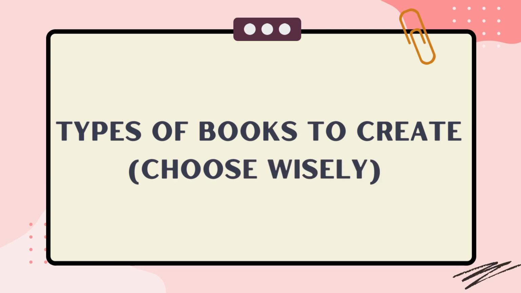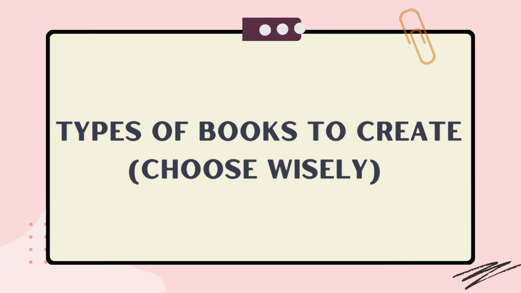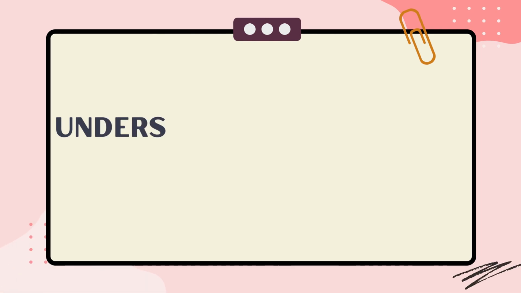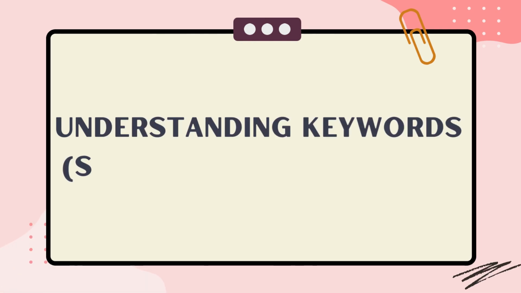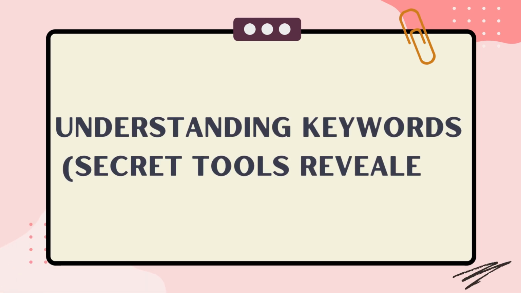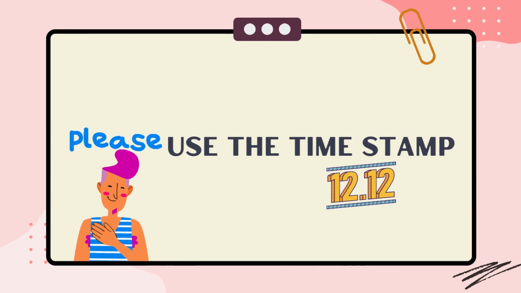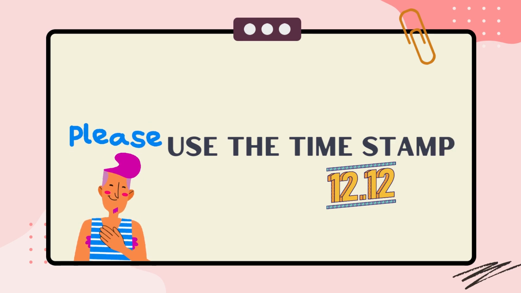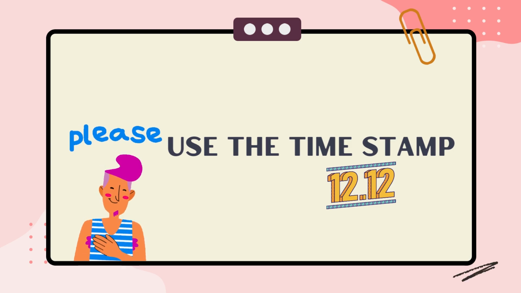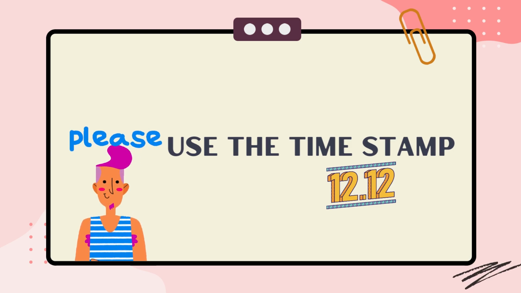We have the low content, we have the medium, and we have the high content. So we're going to talk about these, and also I'll be giving you examples on the kind of books you can probably write. And lastly, so sorry, this video is quite long and I hope it doesn't bore you. Splitting this video into half wouldn't make any sense. All I'm trying to do is to give value. To make this video super interesting, I suggest you use the timestamp, but be careful not to miss out on any vital information. So stay tuned.